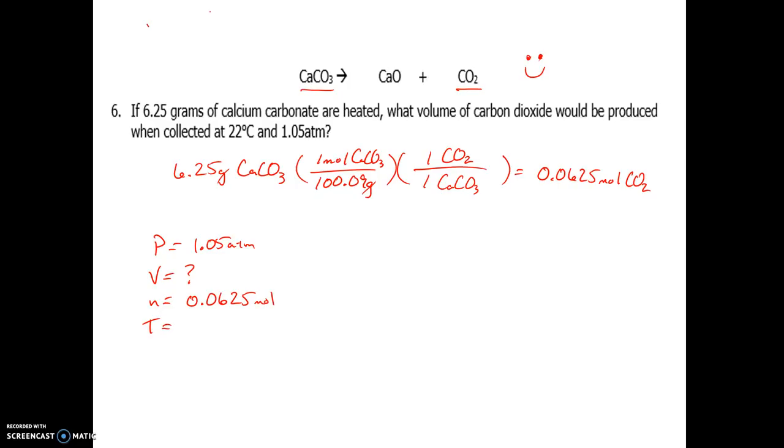And our temperature, we were given 22 degrees Celsius, which we add 273 to give us 295 Kelvin. And so once we go through and plug it into our ideal gas law, or PV equals nRT, we should have 1.05 times our unknown volume